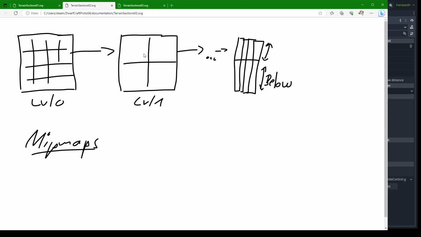You have to check at what distance to go down with detail, but it's pretty effective to reduce the number of cells. And another approach is that we only reduce the detail in the X and Z axis,